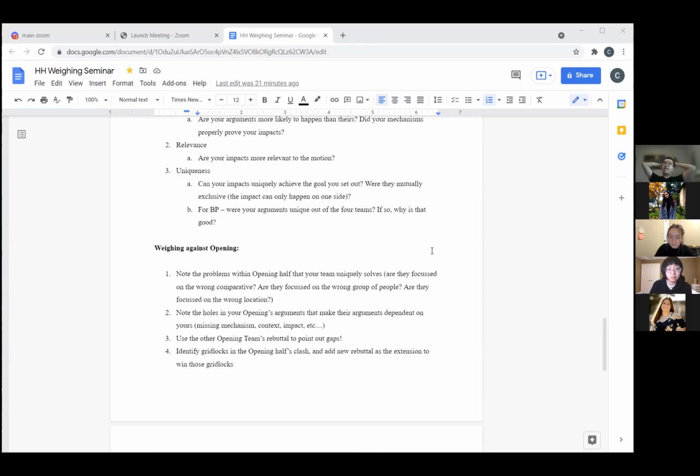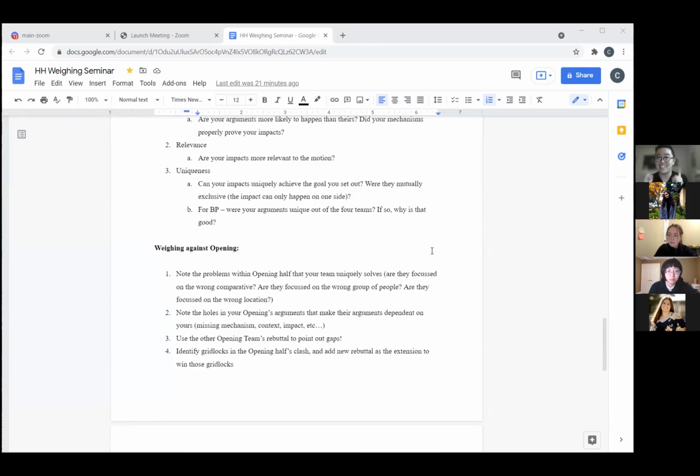What my partner and I tend to do is we do something called stop and start analysis, which is you want to be very clear about where your opening's mechanism stops and where yours start. Whenever I give an extension, I first give an overview of what has happened in the opening debate so far to identify where strategically my extension fits into the round. And that's the best way you can oftentimes position your extension to be important in the round as well.